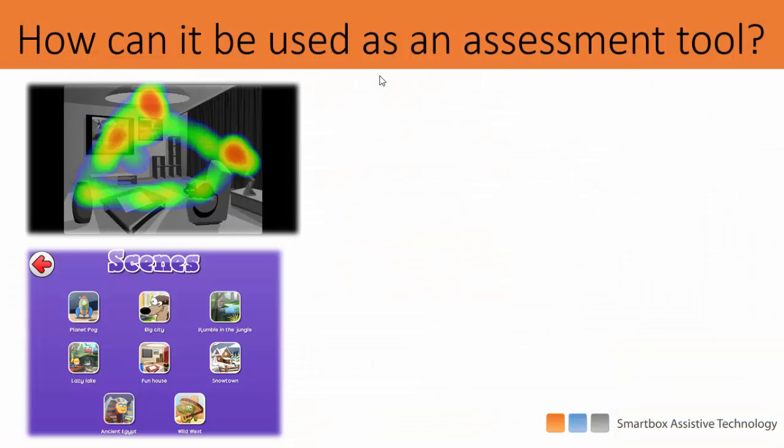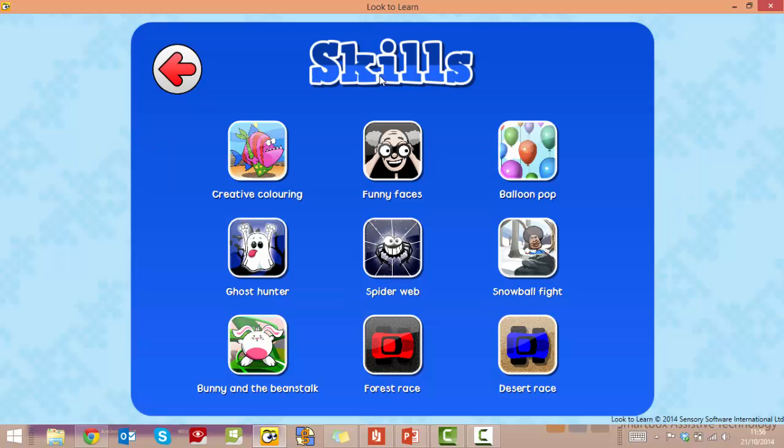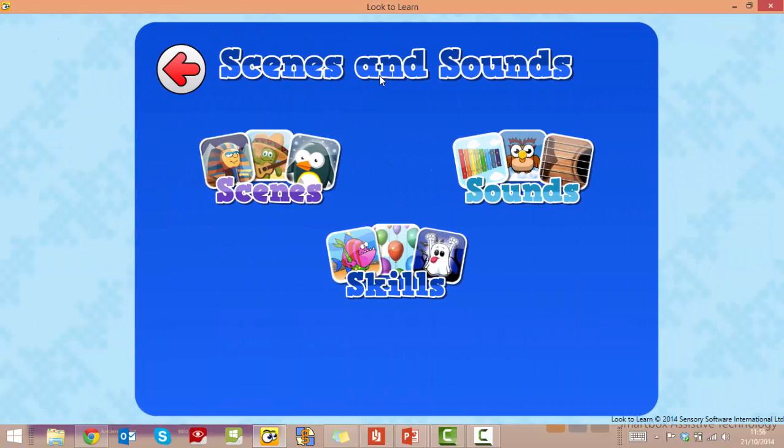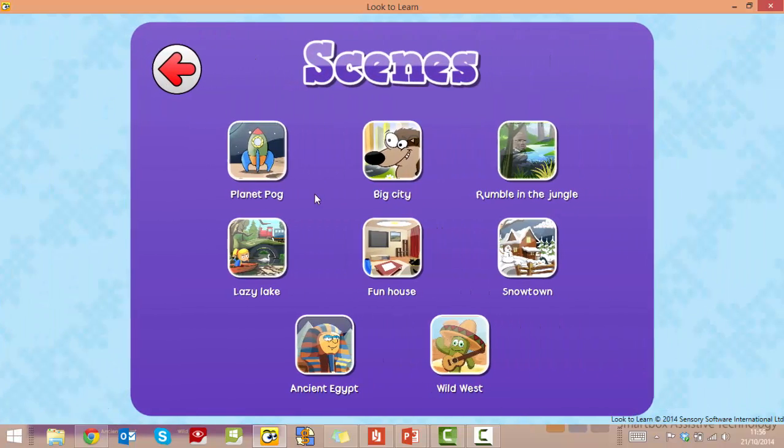We looked earlier on at the scenes, but I think the scenes are a really useful way to look at an early assessment. And there's two ways that we can be using the scenes. So I'm just going to go over and have a look at a couple of different scenes. We can obviously have the scenes so they're user-led. So if we go into something like Funhouse, for example,